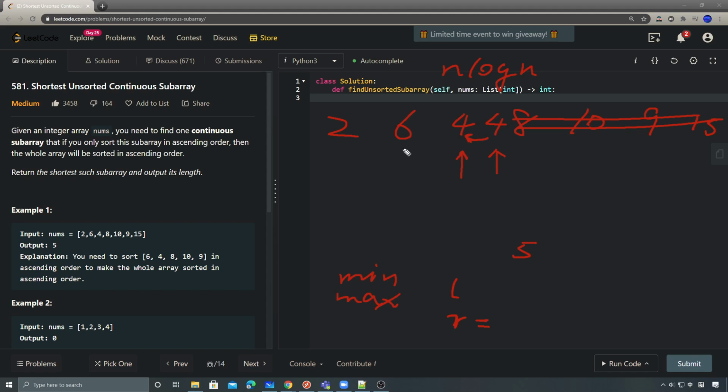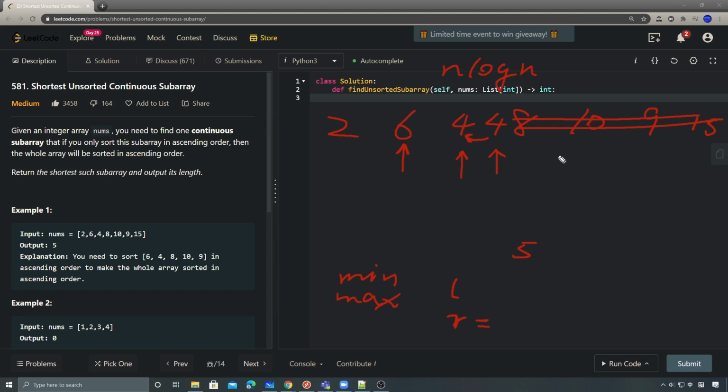Which means we have to store the first number, so that as long as the current number is smaller than the start number here, we always need to update the right pointer here,